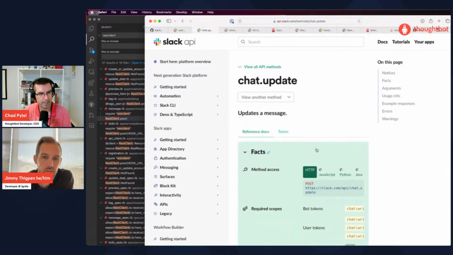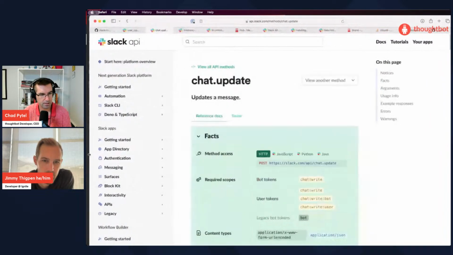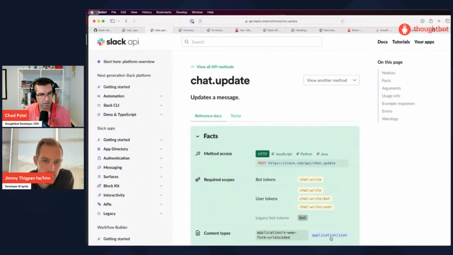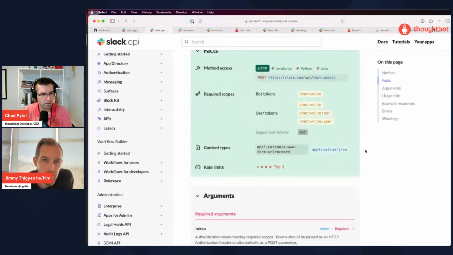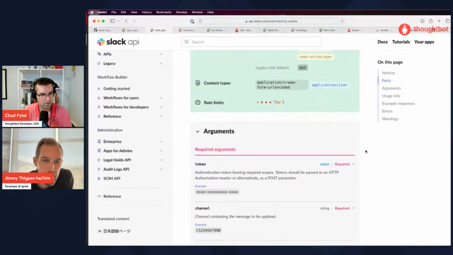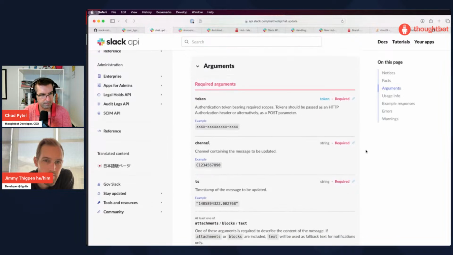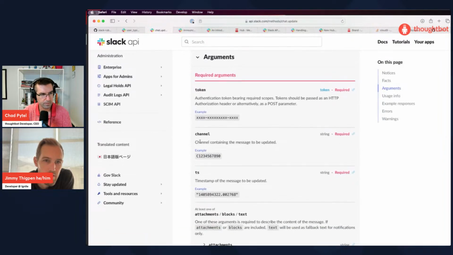So the chat update method takes, you need to have chat right. Yeah, they should have the. Okay. So we'll have to add, well, I think we might already have that for sending a message, right? Channel, the timestamp. That's how Slack identifies messages, by the timestamp.